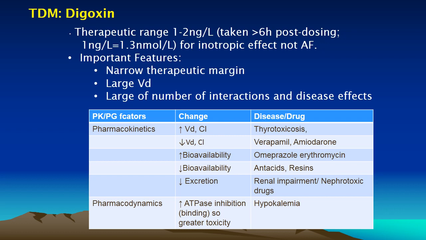Digoxin is yet another example where therapeutic monitoring is tremendously helpful. Its pharmacokinetic characteristics are a narrow therapeutic margin, a large volume of distribution, a large number of drug interactions and diseases, and predominant excretion through renal mechanisms. And there are a large number of intervening diseases and electrolyte imbalances. Administration of the drug would result in changes which may increase or decrease